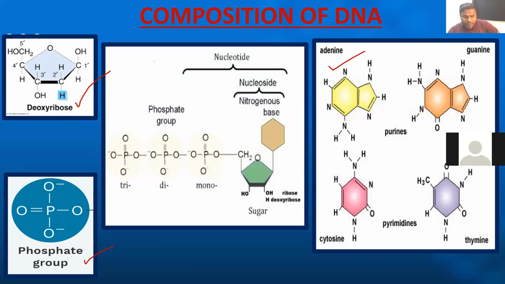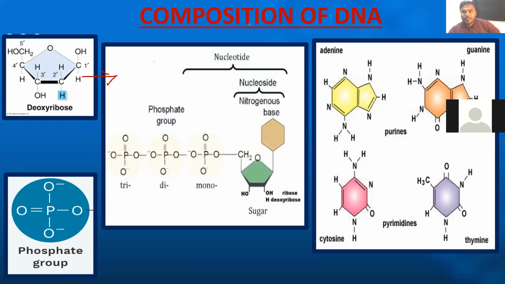What is it made up of? It is made up of deoxyribose. You know, right? This is the sugar. What sugar do we call it? We call it, my friends, listen to me, pentose sugar. Why did I call it a pentose sugar? Having 5 carbons, 1, 2, 3, 4, 5 carbons, I called it a pentose. But you only try to understand anyway. I will be explaining in the carbohydrate chemistry.